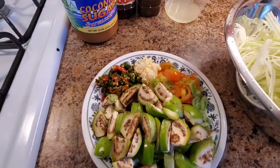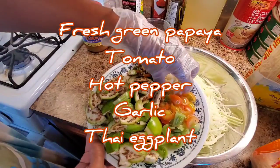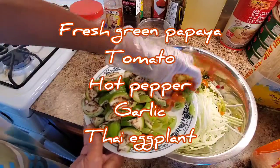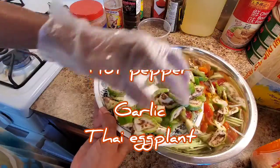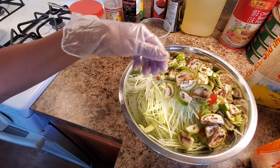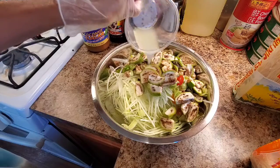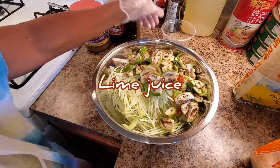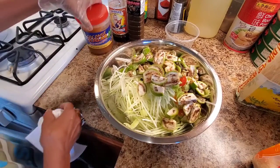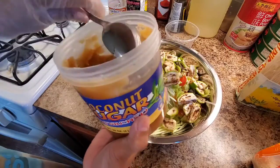Okay, let's go start it. Okay, everything go all in. Garlic, hot pepper, tomato, Thai eggplant, all going down. Lime juice, coconut sugar,